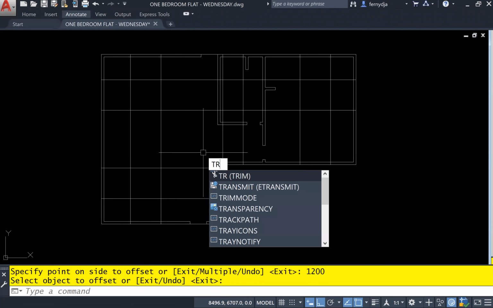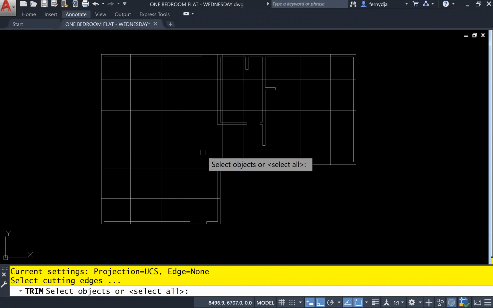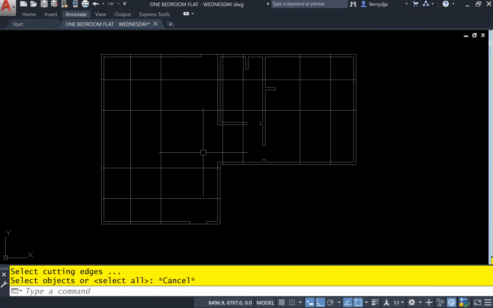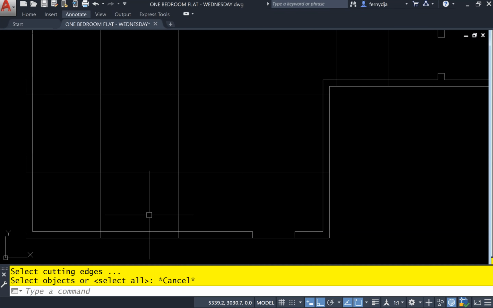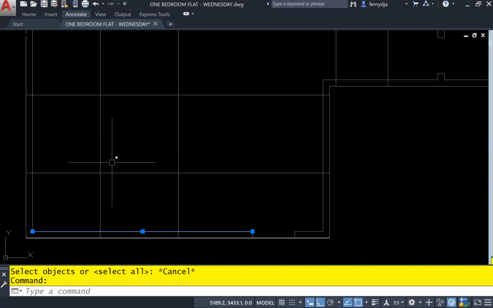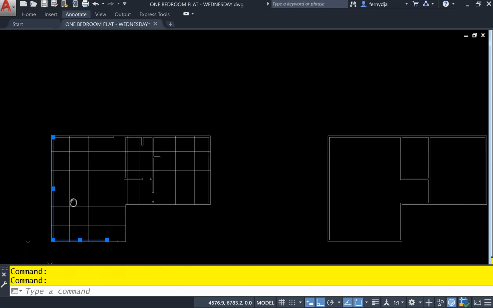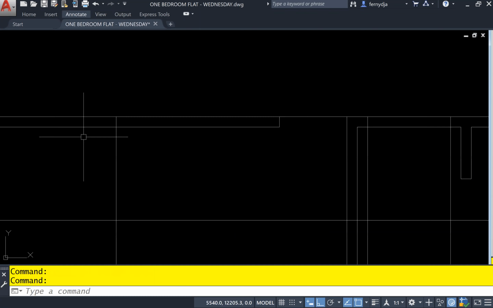Now all I need to do, or if you wish, you can select the commands. Sorry, most people prefer to select first, so let me do that. So persons will go ahead and select cutting edges where they want windows. So a window is going to be here, so cutting edge. Window along that wall, cutting edge. Window along that wall, cutting edge. Window along this wall,